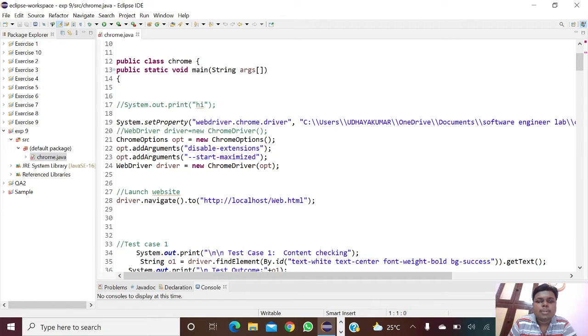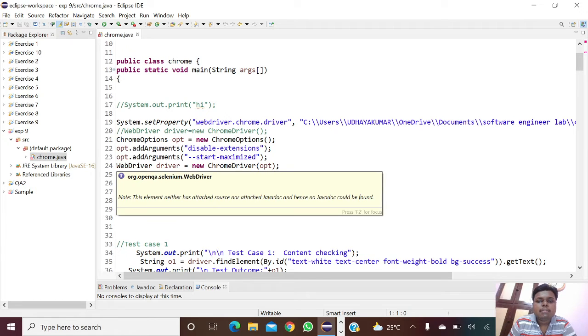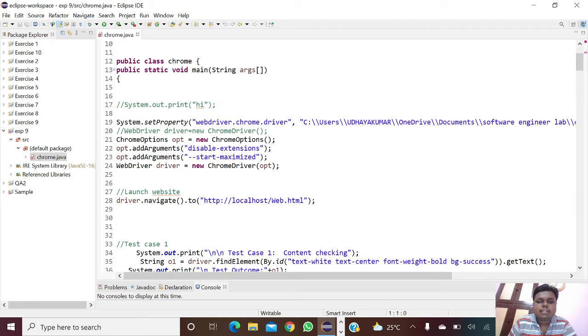Next, opt.addArguments of start maximized. Next, driver equal to new ChromeDriver of opt. Next we launch the website, so driver.navigate.to of http localhost web.html. This will launch the website.